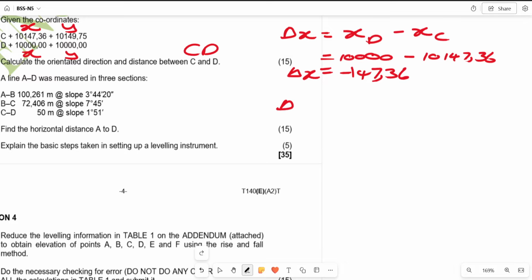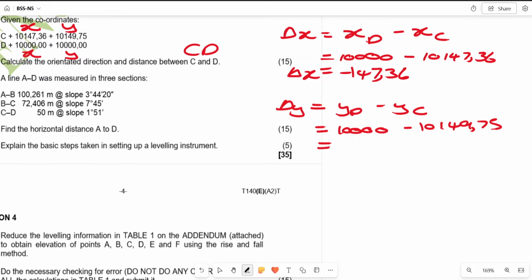Now to get our delta y, we're going to say y of D minus y of C, and our y is going to be 10,000 as well. Okay, minus 10149.75. What are we going to get? Delta y, we are simply going to get minus 149.75. All right. Now, remember, we want to find the distance first. I always prefer finding the distance first. So for distance, it's fine. Just say distance,